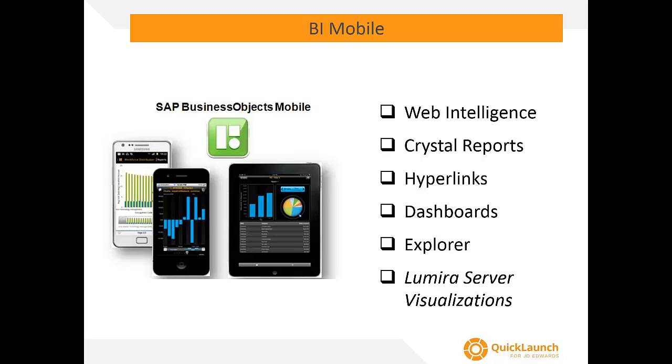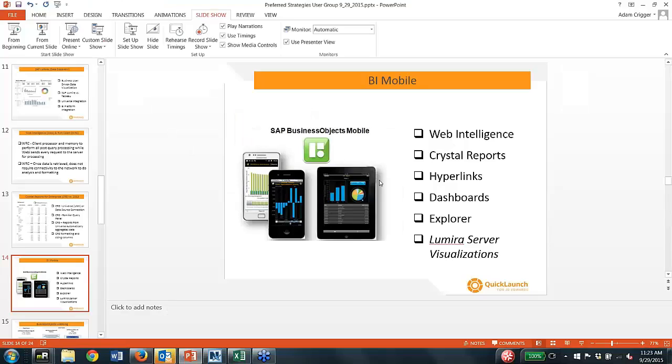I don't think that works yet. So if you want to deploy Lumira, integrate with your BI platform to the BI Mobile, I think there's still some work to be done there. But everything else is something that... And I don't know, I think for all the content within Business Objects, to expose something on a mobile device,